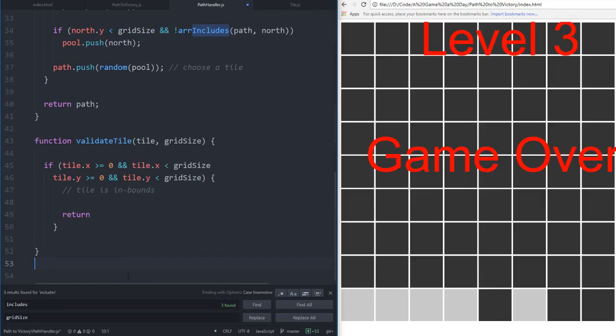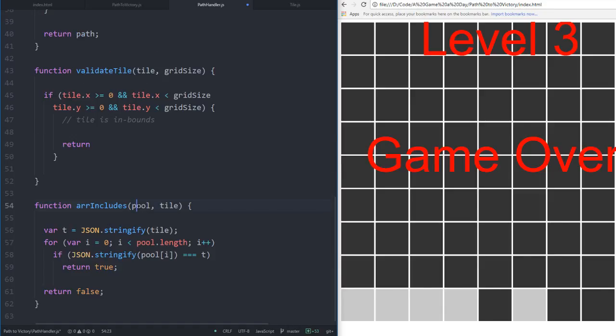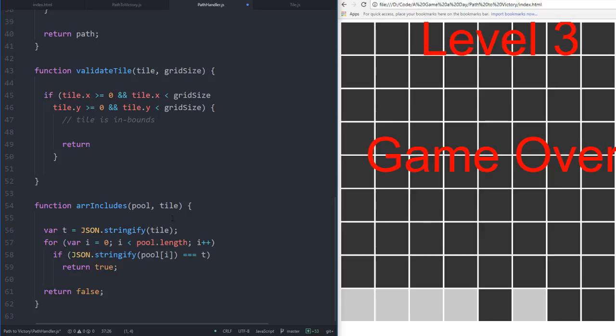Let's just move this here, let's plop it there, and then let's see what we can do with it. We are passed the pool, and we are passed a tile. Pool is the current path. I don't think it's the same pool as this. So if we do